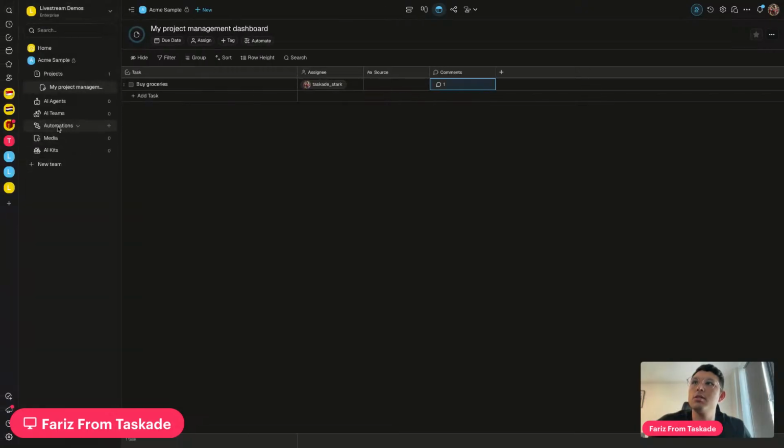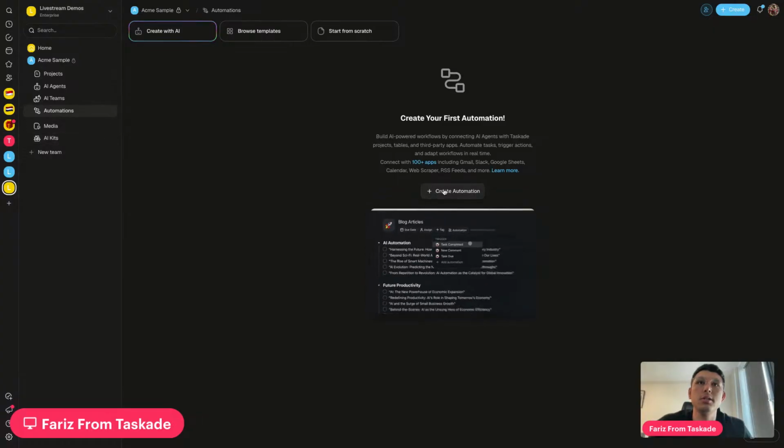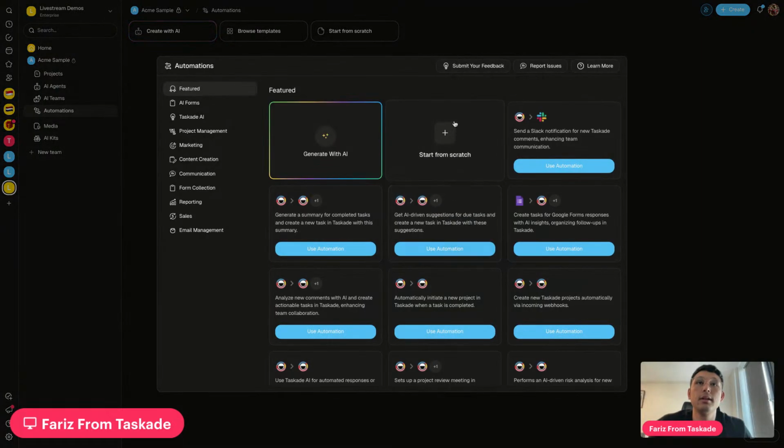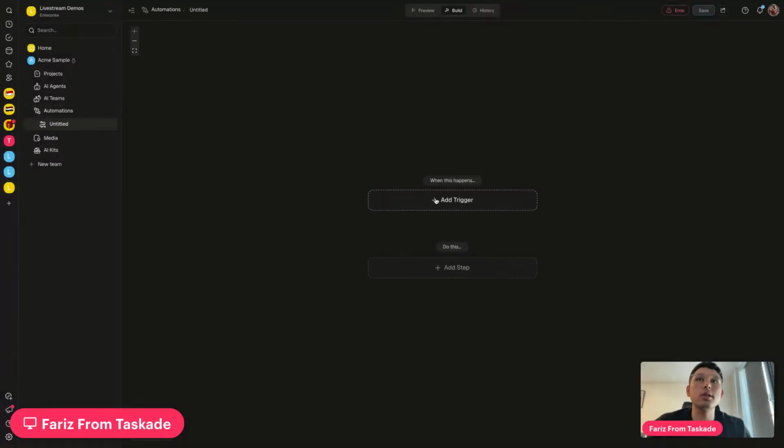We go to automations, and we create an automation. And we always start from scratch, but you can also use all of our templates here. They are all very usable. So I'll start from scratch, and there'll be a trigger and an action. So the trigger, what do I want the trigger to be? Maybe in this case, every time I add a task into the project,